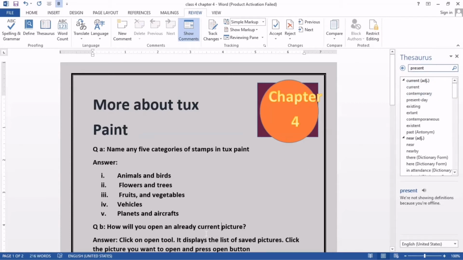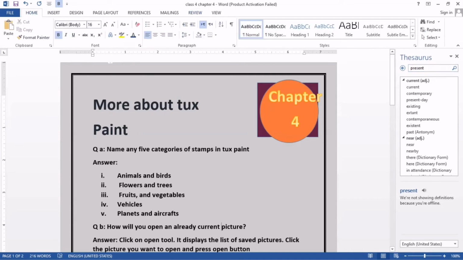Now another thing is about change case. So what is the meaning of change case? I will tell you. We go on the home tab. Here you can see in the font group this option with a capital A and small a. For example, I select this line. There are 5 change cases. When I click here, you can see the first is sentence case, then lowercase, then uppercase, capitalize each word, or toggle case. Okay, so what is the meaning of sentence case?